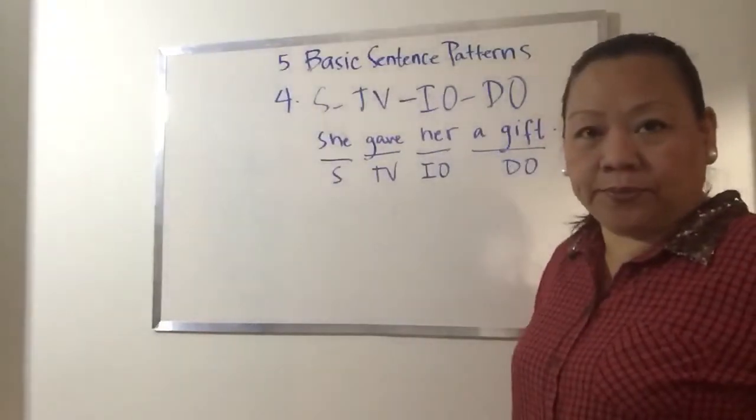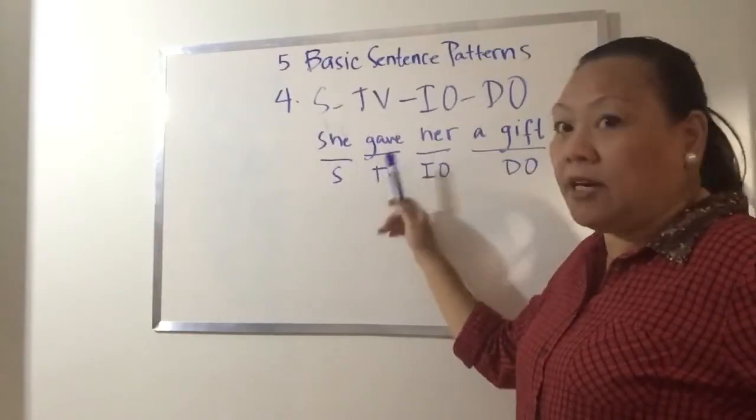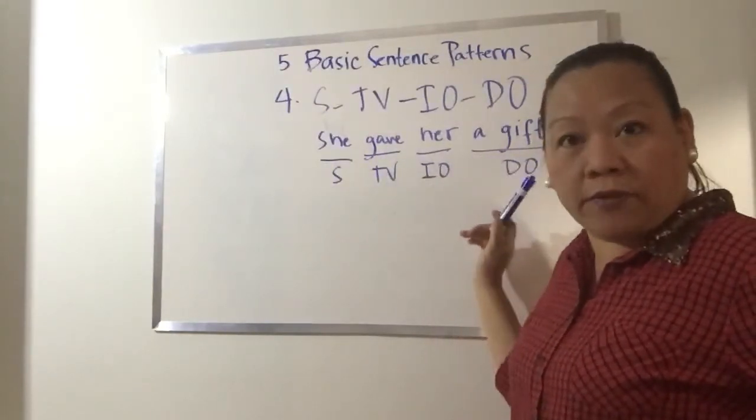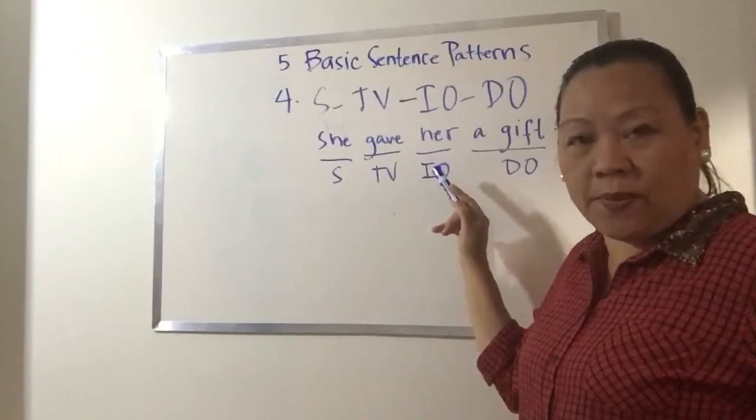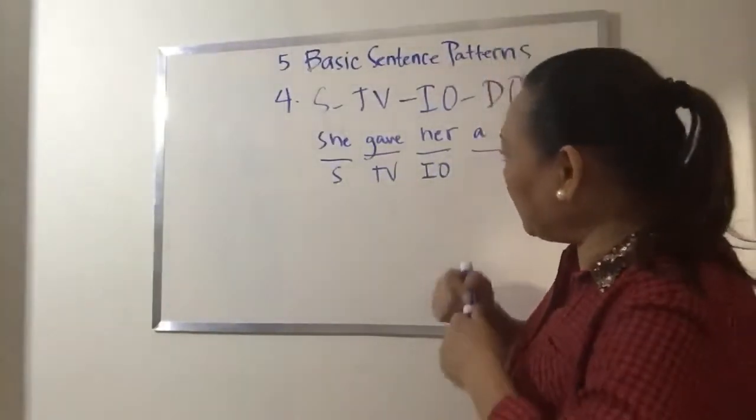A gift. Okay. To whom did she give a gift? Her. So that is the indirect object. Okay. Another example is